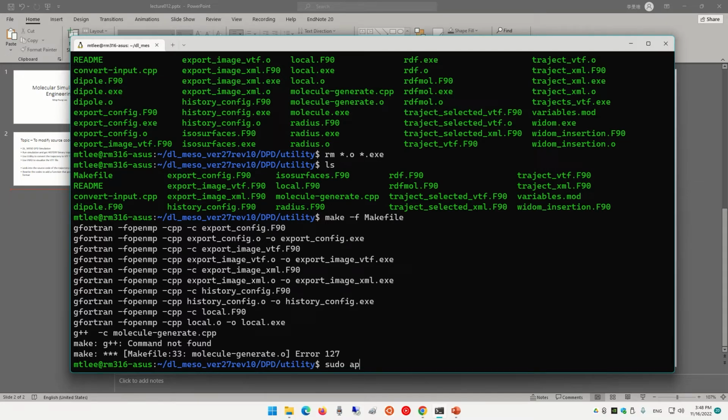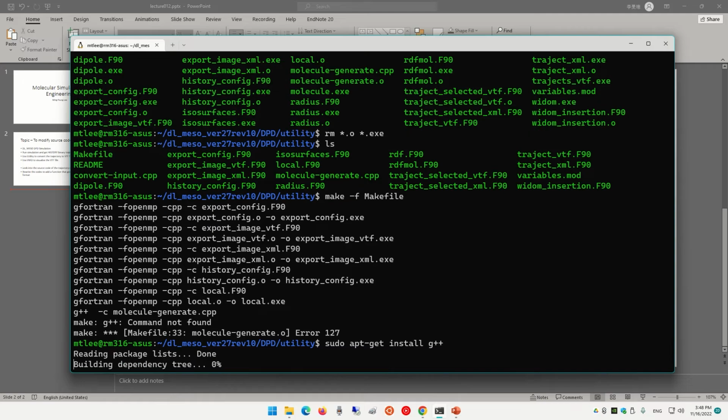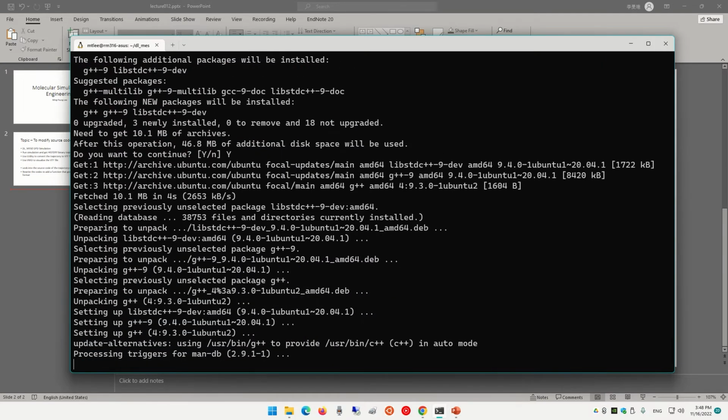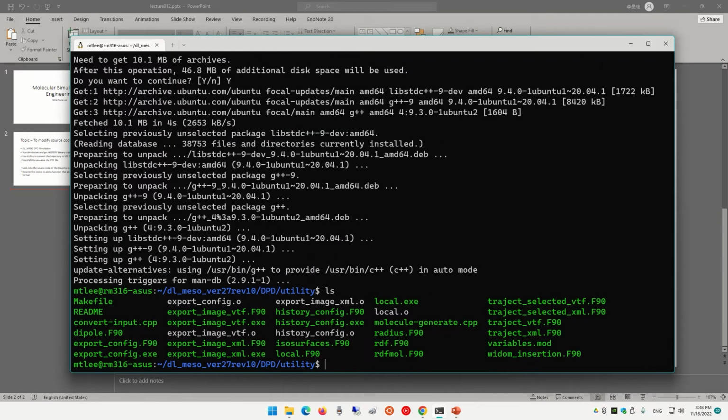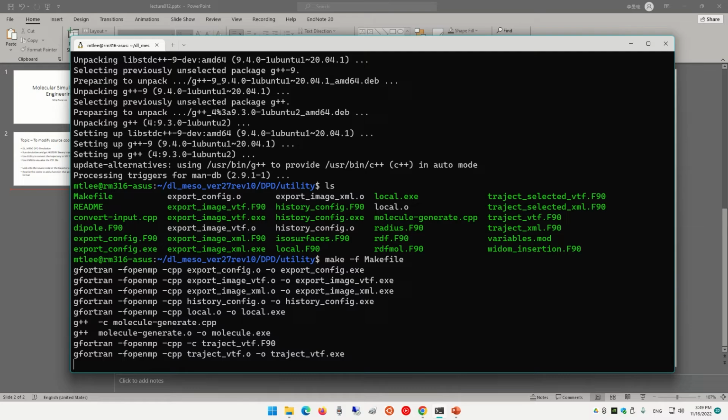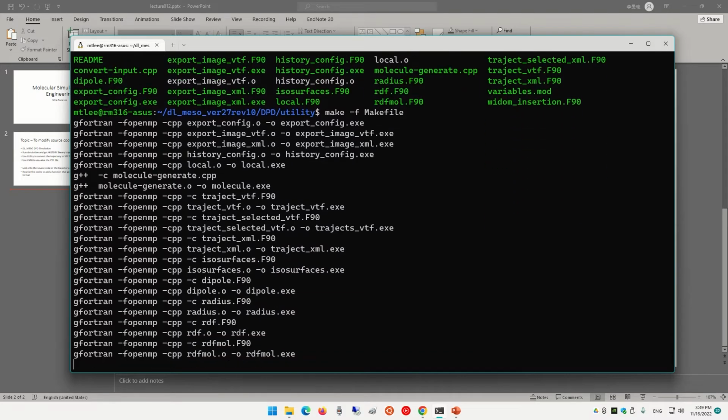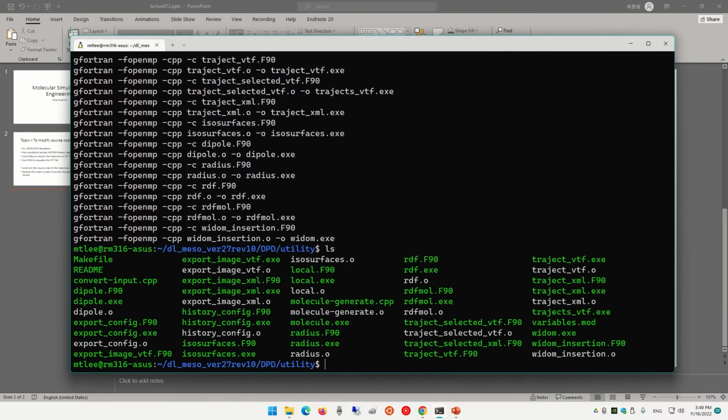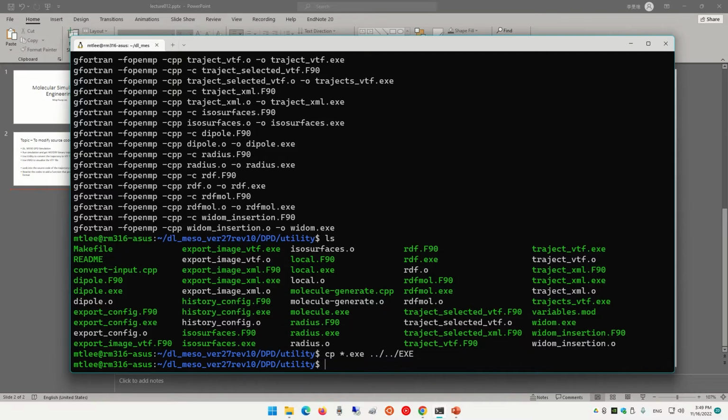So again, I'm going to install GCC, install G++. Okay then, and again, I'm going to make all these files, and I'm going to copy this exe file to exe.